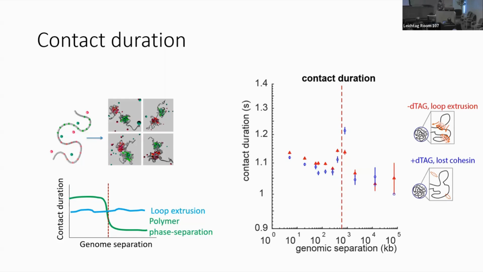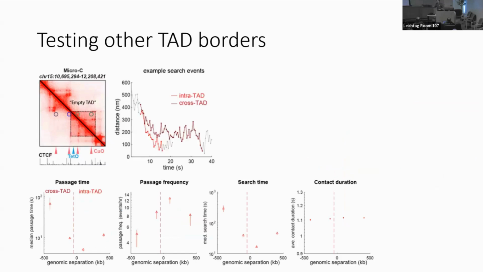We're doing good on time. I will quickly show you another TAD. So people ask, do we do this at any other domains? Those 11 sites only really cross one big TAD border. Here is a different TAD border, and to be a little bit different this time, Judah selected distance-matched sites. Everybody is 100 kb away or 400 kb away, but one is either across the border or one is inside the border. And once again, you can see the passage time and the search time for these things